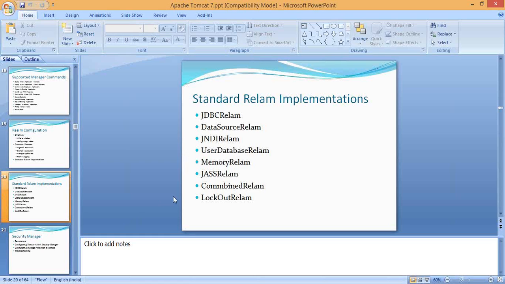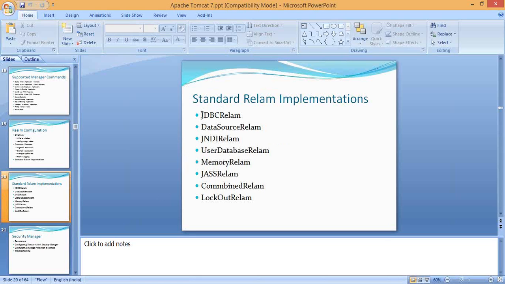Okay, so by default, Tomcat will use the user database realm. These user database realm and memory realm are stored as XML files. Okay, that is the tomcat-users.xml. In that XML file, we have to add users. Okay, and these two realms will read that XML file and check the authentication details in that XML file. Okay, if we use these realms, whenever we add a user, we have to restart the Tomcat server. Okay,